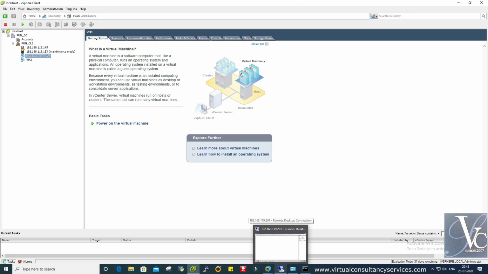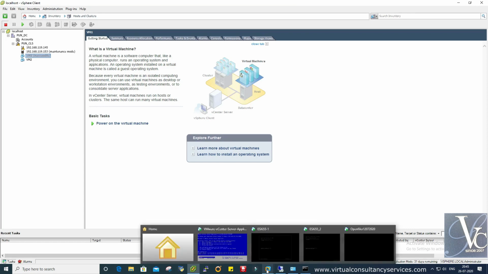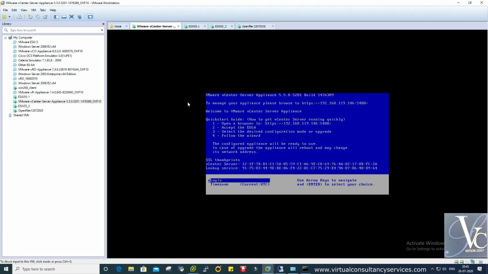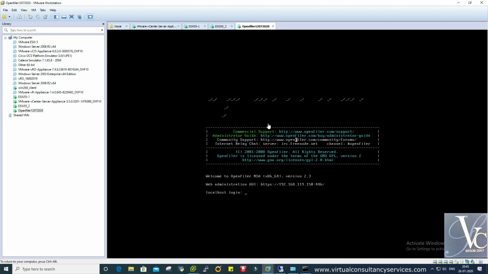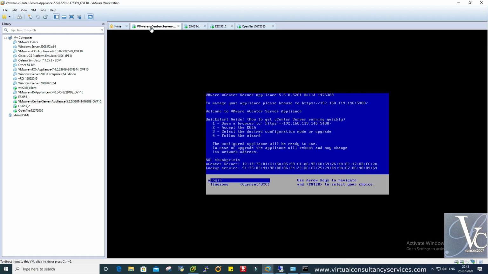We have this environment: the vCenter, then these two ESXi servers and OpenFiler that we saw in the last video. This vCenter IP address is 192.168.119.146, and we need to check if it is accessible from my other server.